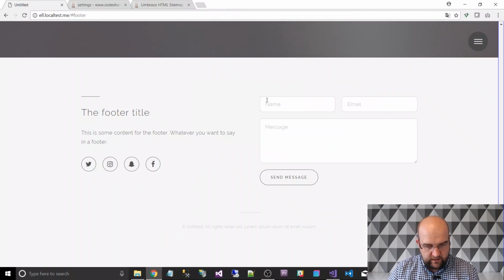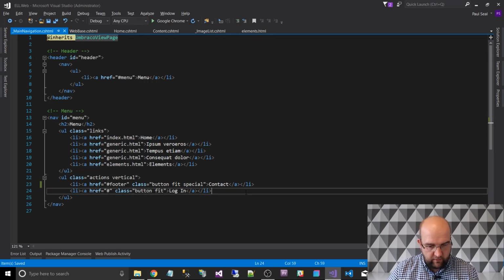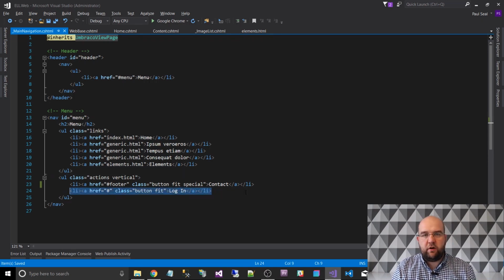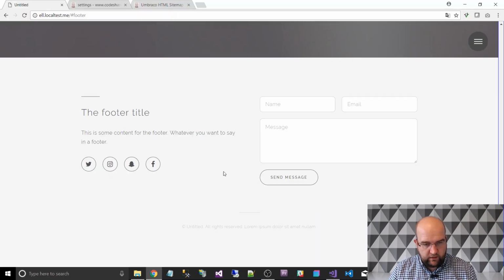I'm not going to delete it, I'm just going to comment it out, and in Umbraco to comment it out you use the @ star and then at the end star @, but also in Visual Studio you can use a shortcut for this. You can just do Control KC and that will comment it out on the line that you've selected. So now that we've commented out the login, we can refresh the page,